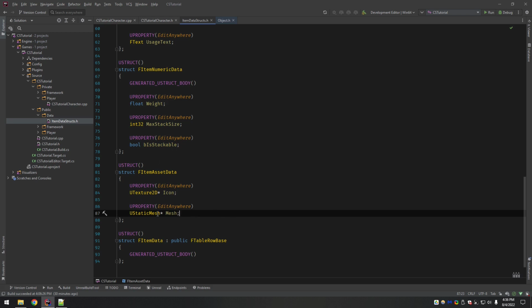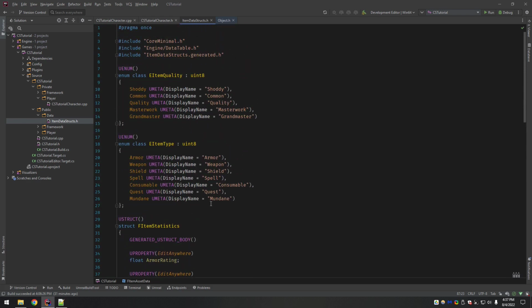This would be a perfect place to store that because each item is going to be built off of this and this is going to be carried along with it. So having those in here, you set it all beforehand in the data table and then you can access those really easily. But for now, I'm not too worried about sound. I am going to handle meshes and setting that, because we want to be able to drop the items into the world and then pick them back up. So we definitely need a mesh, but for now I'm just going to go with icon and mesh.